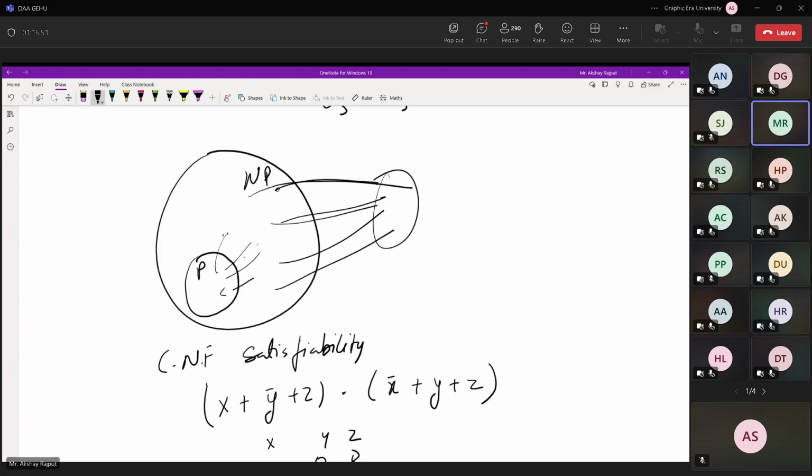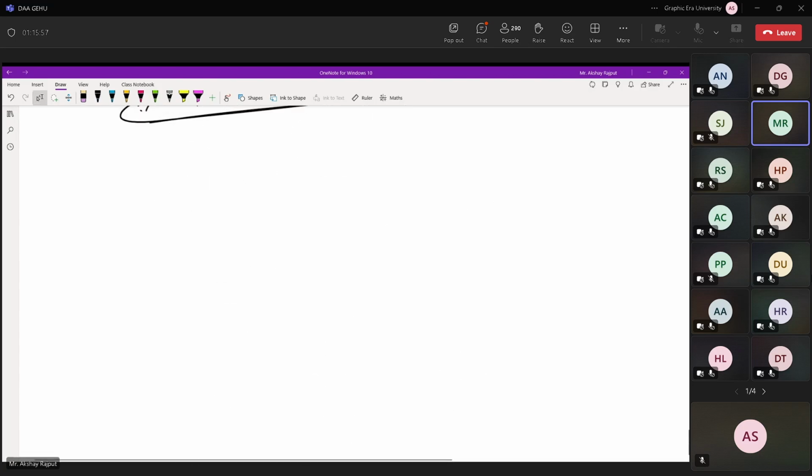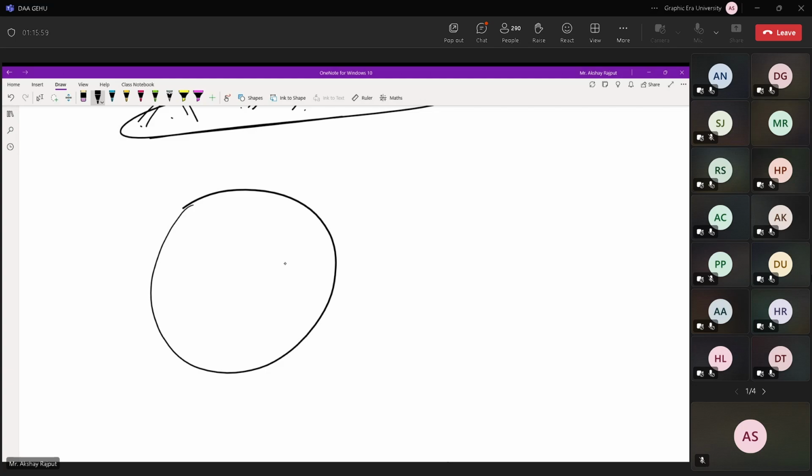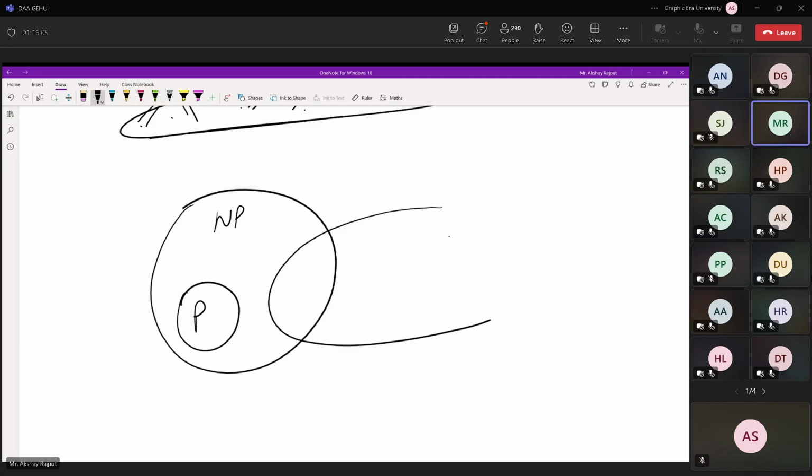तो अगर कोई ऐसी प्रॉब्लम है जिसके ऊपर ये सारी प्रॉब्लम मैप हो सकती हैं, यानी कि जितनी भी एनपी में प्रॉब्लम्स हैं वो सारी मैं उसमें मैप कर सकता हूं, तो वो कैटेगरी बनती है एनपी हार्ड की। तो दिस इज एनपी, ये इसका छोटा सा पार्ट पी, और ये बहुत सारी प्रॉब्लम्स इसमें ऐड होती जा रही हैं, ये है एनपी हार्ड। दिस इज एनपी हार्ड, ऑल द प्रॉब्लम्स ऑफ एनपी आर मैप्ड।